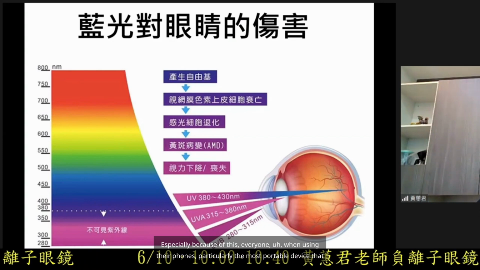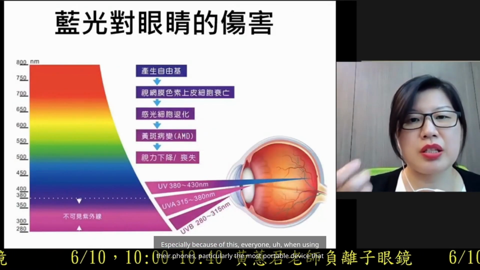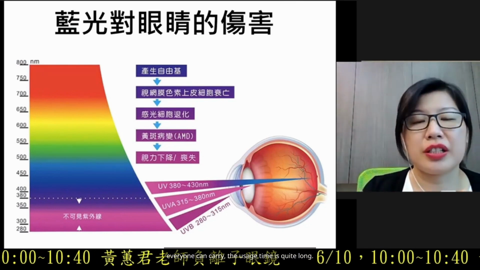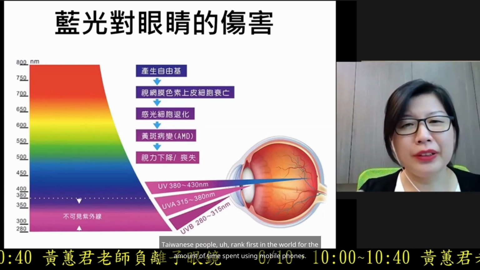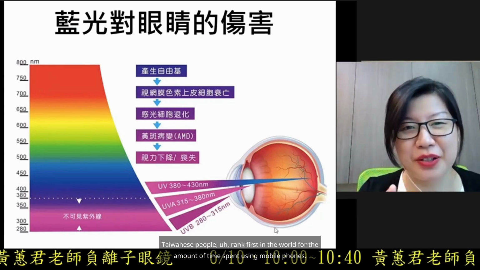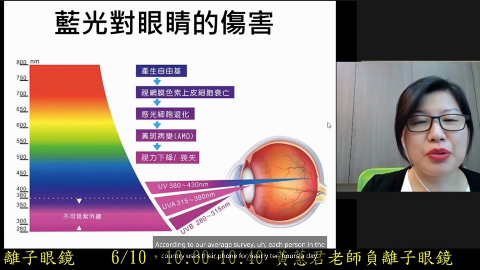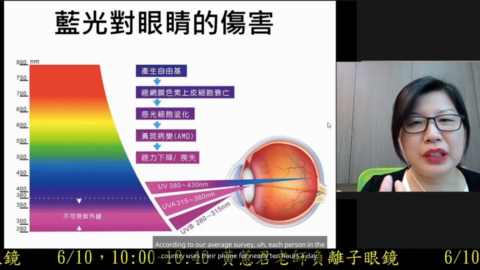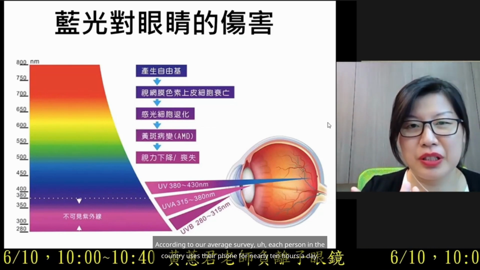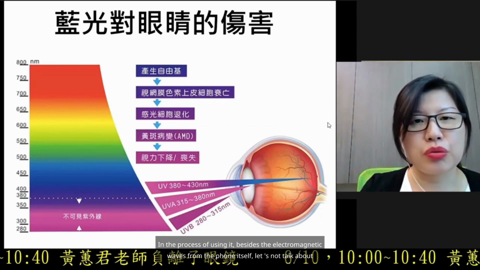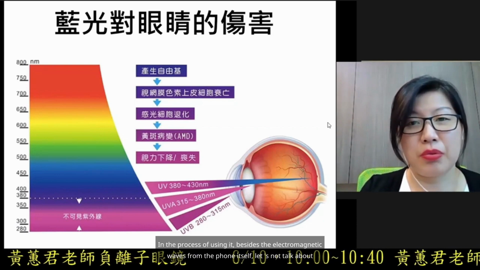Especially because of this, everyone, when using their phones, particularly the most portable device that everyone can carry, the usage time is quite long. Taiwanese people rank first in the world for the amount of time spent using mobile phones. According to our average survey, each person in the country uses their phone for nearly 10 hours a day. In the process of using it, besides the electromagnetic waves from the phone itself, let's not talk about that kind